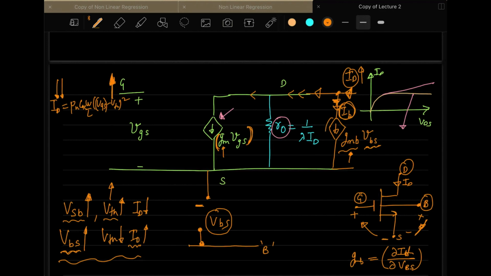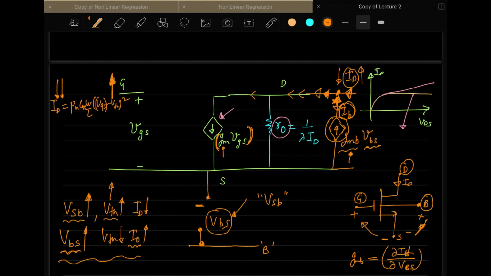So that's why the polarity makes sense here. It is not the other way around. If you see the direction of the current source, it is not like this. It is the other way around, like this, because you kept the polarity as VBS. If you change it to VSB, then the polarity of this current source will change. It will be like this. And then the current will decrease, because one current is going in this branch and another is going like this. So if you apply KCL here, your ID will decrease. Any confusions here regarding this?